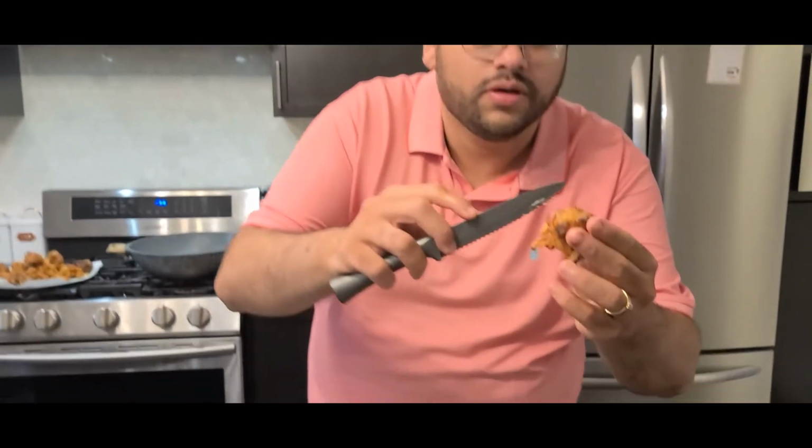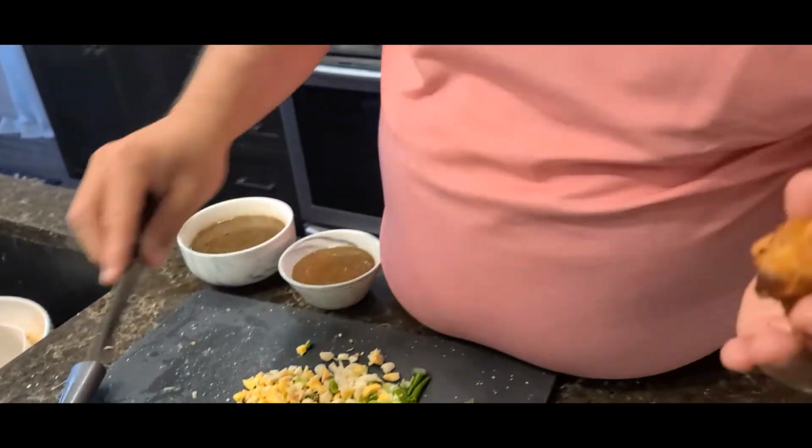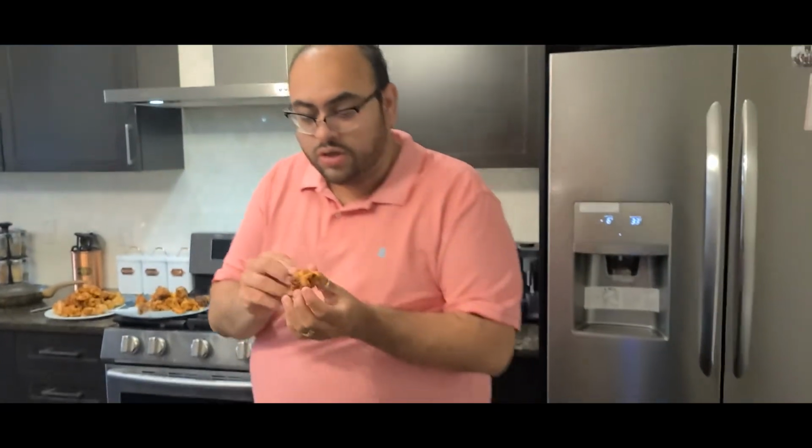I'm not able to get over how crispy the cauliflower turned out. It's not overly doughy, it's not half cooked. Come closer. This is perfect for any sauce to be absorbed. So, see this? And the crunch. What I'd like to do is toss this in a nice Caribbean heat sauce, which is the jerk sauce, for